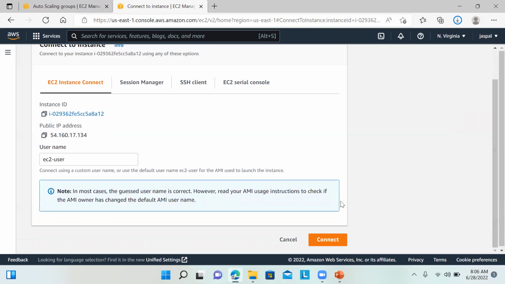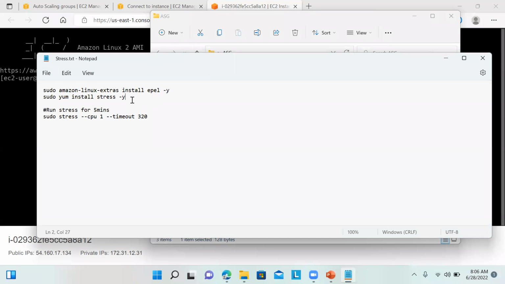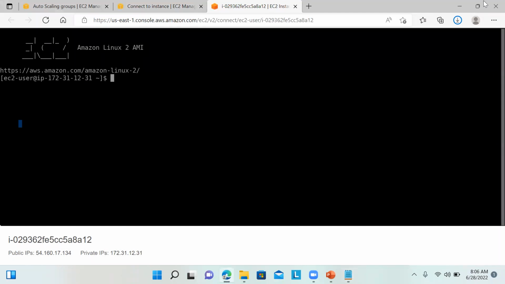I'm using a root user, so just take care of that. If you're not using a root user, you need to make sure your user is having the permissions. So that's it. I got connected to my EC2 instance. So I'll just copy this stress code. But before executing this one, I need to make sure I'm having my,